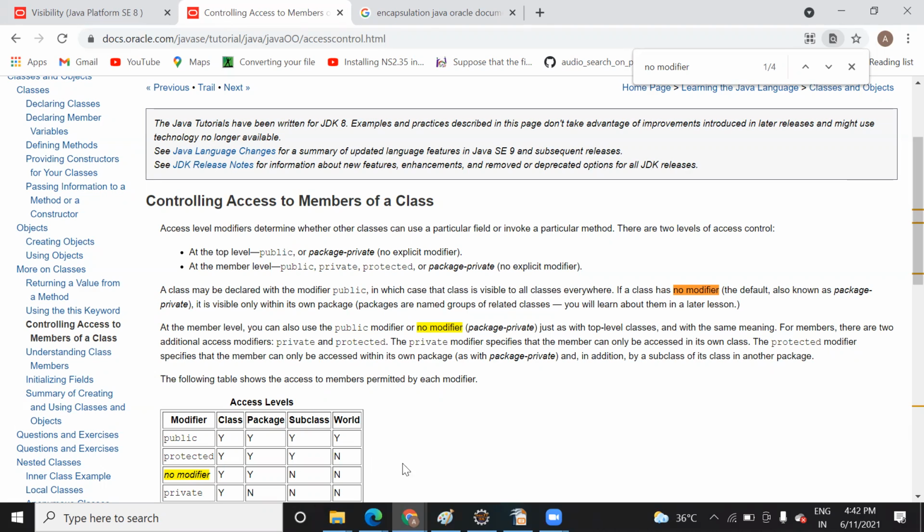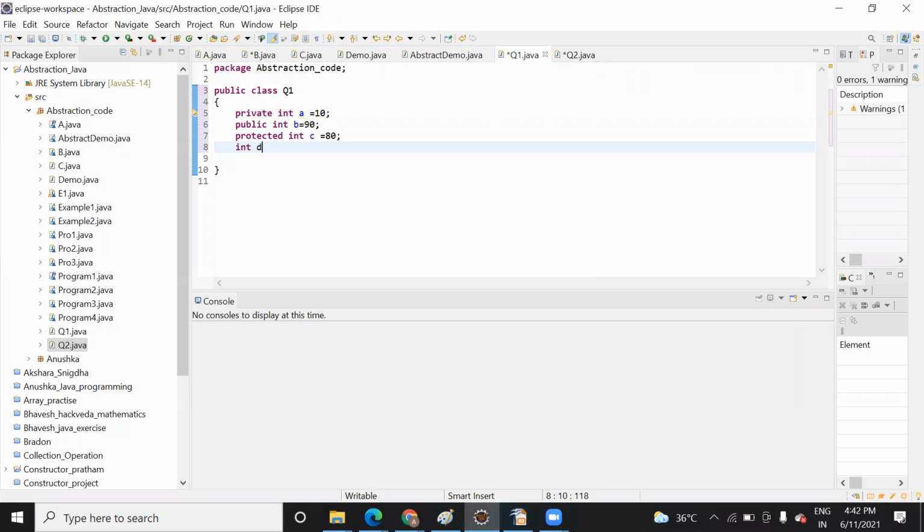Okay. Yeah, it is saying that if you do not define any modifier, let me see that. Let me declare D and assign a value and use it here.